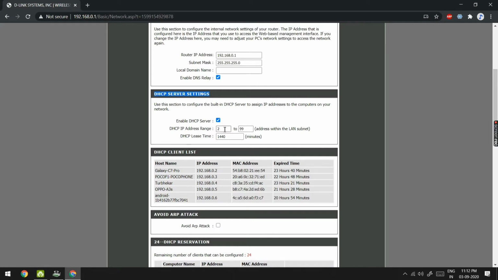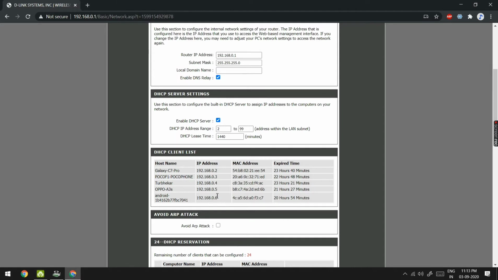When a new device gets connected, it will be assigned an IP address with the starting network bits 192.168.0, and the host address it gives will be in the range of 2 to 99.